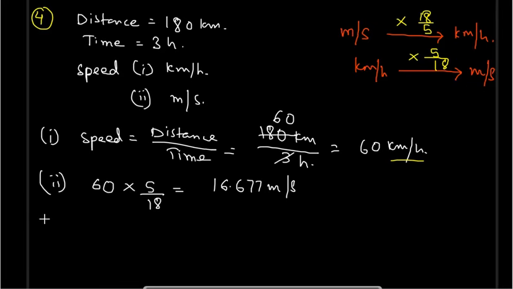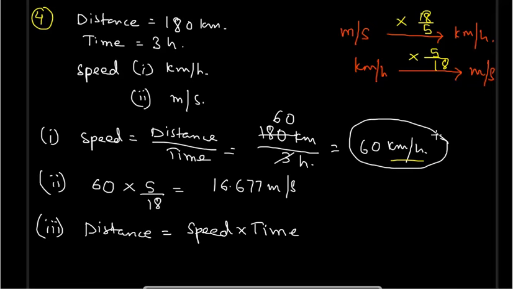Okay. So now in our third part, what do we need to find? We need to find the distance. When the same speed is maintained, then what will be the distance covered? All right. So to calculate the distance, the formula is speed into time. Now, if the train maintains the same speed of 60 kilometer per hour, then how much distance it will travel